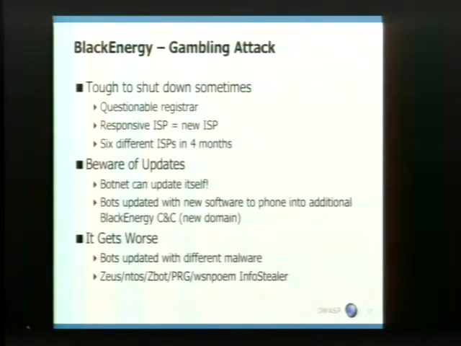Some organizations think, oh, I got malware on my machine, that's not a big deal, unless it's stealing passwords or wants my data. Maybe a DDoS botnet's not a big deal. You probably don't want to participate in taking someone else's website down, but maybe your organization doesn't mind that either, and it's still in your "that's okay" category. Well, the problem is these bots, what they did, for example, in this one, they updated the software to install yet another BlackEnergy botnet, so they kind of insulated themselves from their first domain and second domain being shut down and had yet more domains.